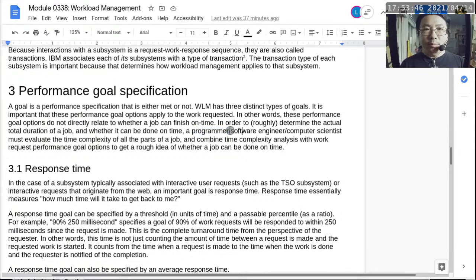If it is a little bit more complex, it involves some kind of looping, nested conditional statements, and stuff like that, then we might need a software engineer to roughly estimate how much real time it's going to take to finish a job. If the algorithm involved is really complex, then we need a computer scientist to do it, because at that point it becomes more or less a math problem. And computer scientists are the ones who would analyze algorithms and come up with what we call the time complexity